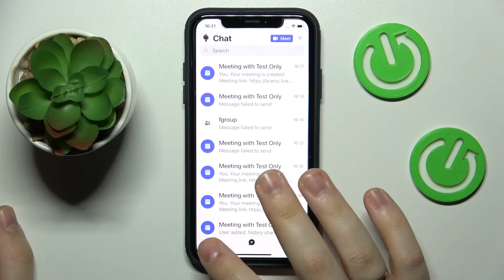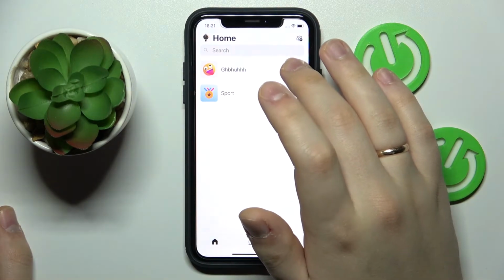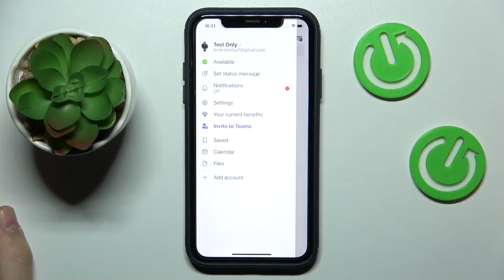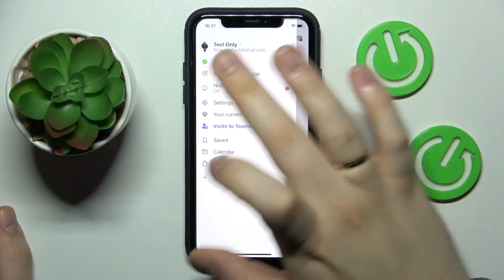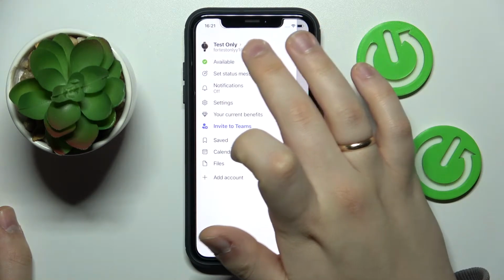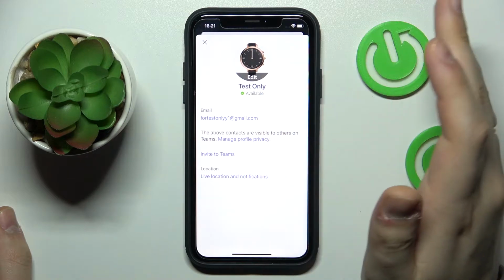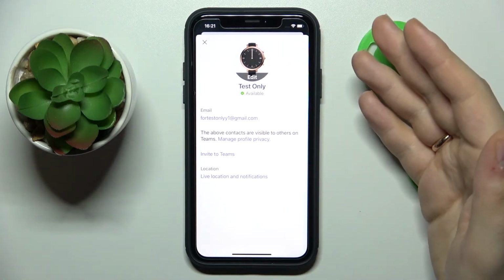So to begin with, tap on your avatar picture at the top left corner, like so. As you can see, this little sliding menu appears. From here, tap on your account details, like that. Here is your